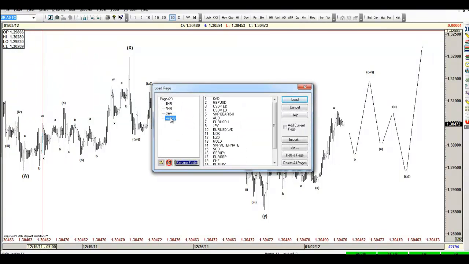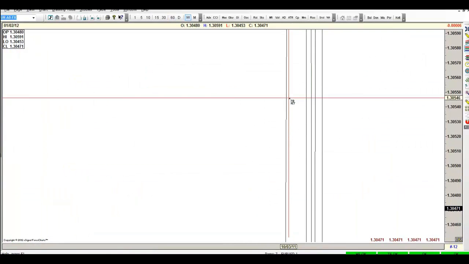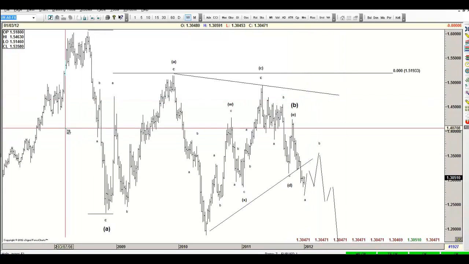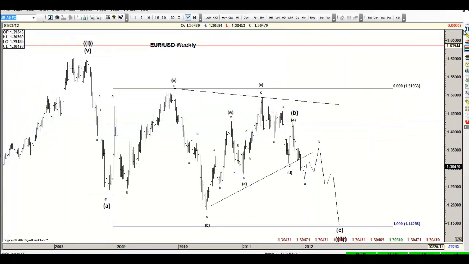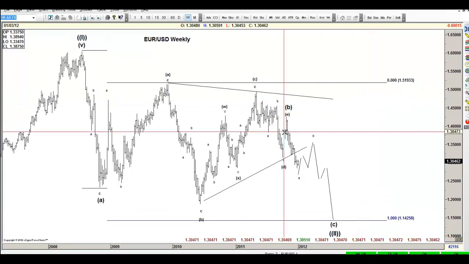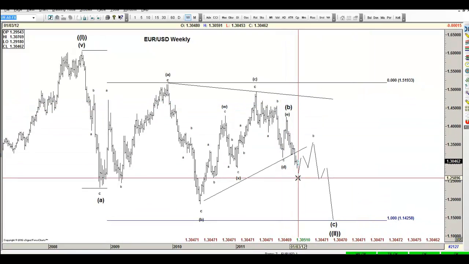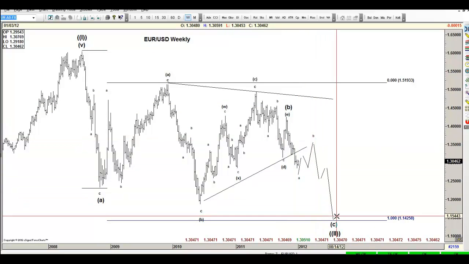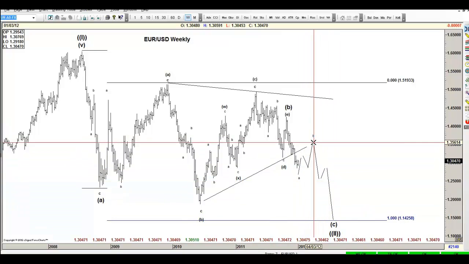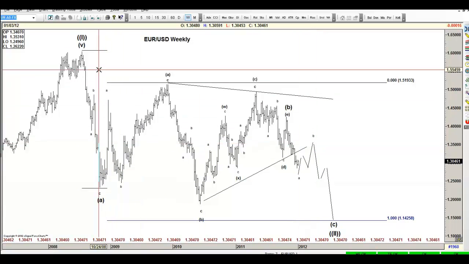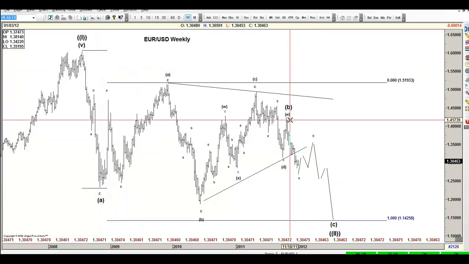Talking about the euro, we want to mention this to you guys. Divi is going to do a boss tomorrow when he's going to explain that we are moving this count to be the principal count in the euro dollar, when we are now ending wave A of the trust already, and then we are expecting 3 wave back. We know that the dollar did 3 wave back. So with that in mind,